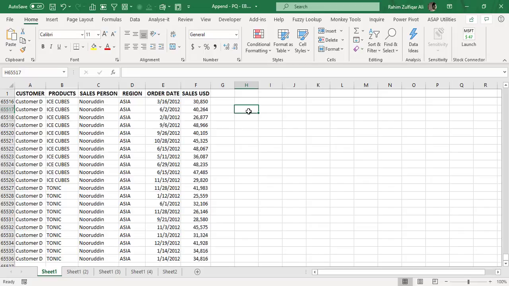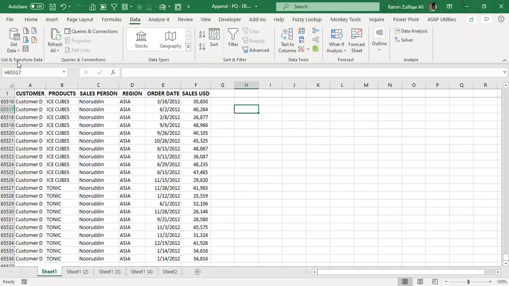The other method is if you don't want to go for the macro VB approach, you can go for the Power Query option. Now the Power Query interface is different in different Excel versions. Like in 2013, you will get a separate add-in, or a tab you can say. In 2016 and 2019, it's available in the Data tab, with a group name called Get and Transform.